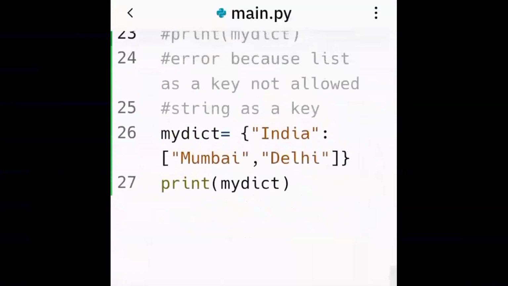So now it should be fine. Okay. Let's get set going. India is a key here. It's a string, and the value is a list. Also string by itself, the characters, Mumbai and Delhi, which are the cities in the country India. And then I want to print my dict.